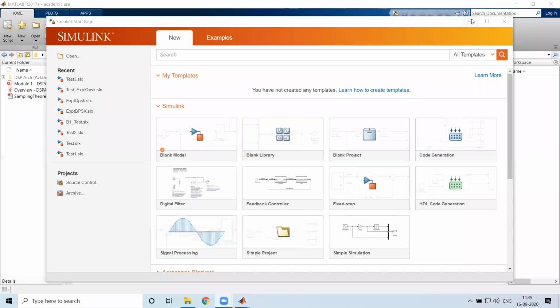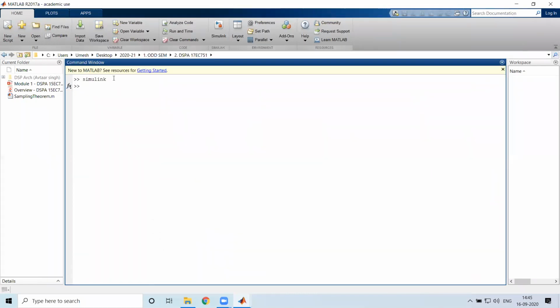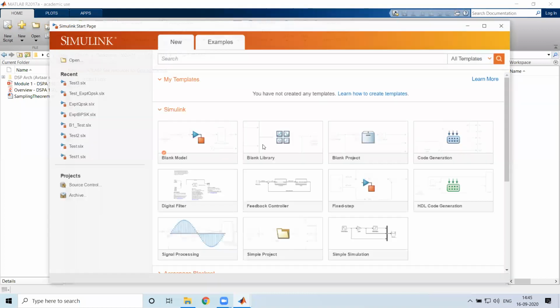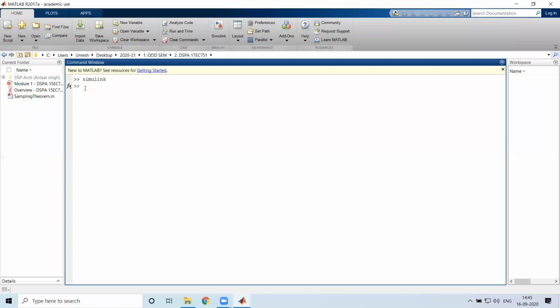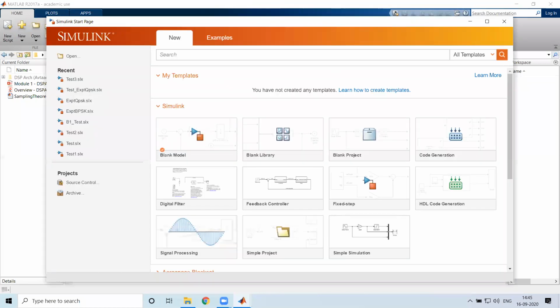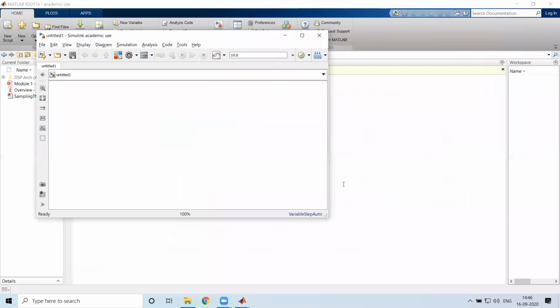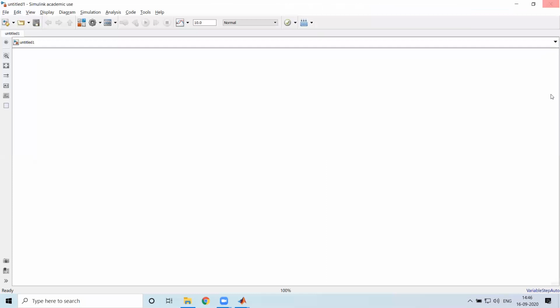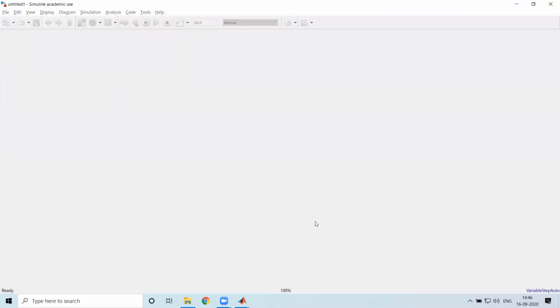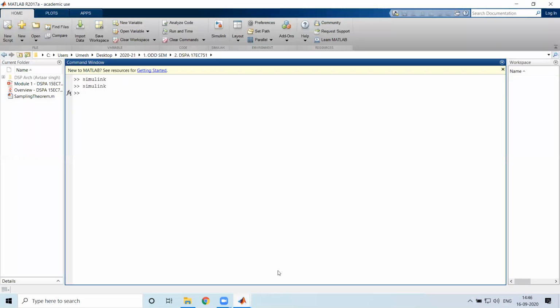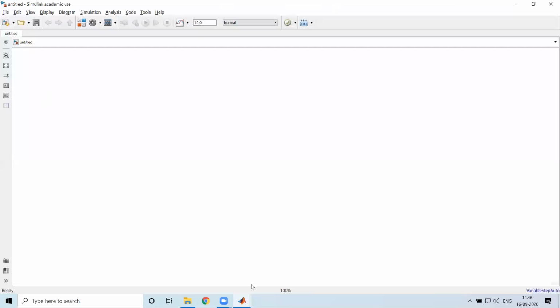So if you want to open Simulink, open MATLAB. Under that you have this option wherein you will be starting with Simulink. Just click this, it will open this window, or else you type the command Simulink and press enter, it will be opening the same window. So under this I'll be taking a blank model, and this is the blank model what I'll be getting. Already I have opened one blank model, so I'll just be opening that. So I have opened a blank model over here.